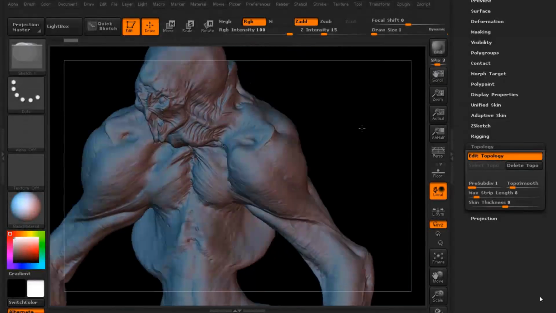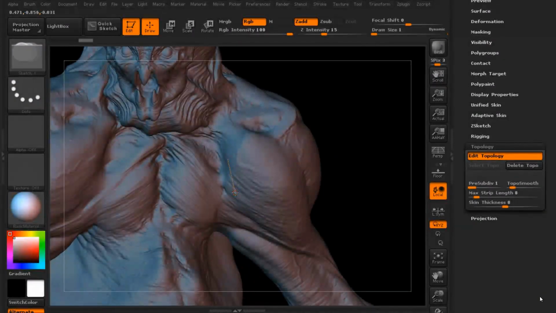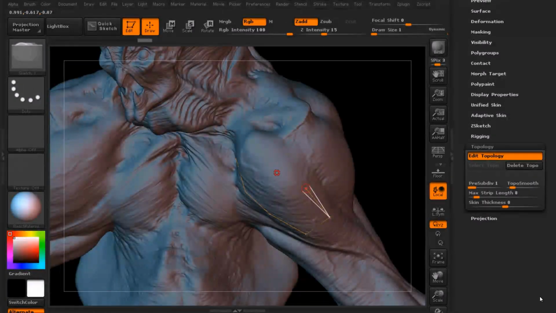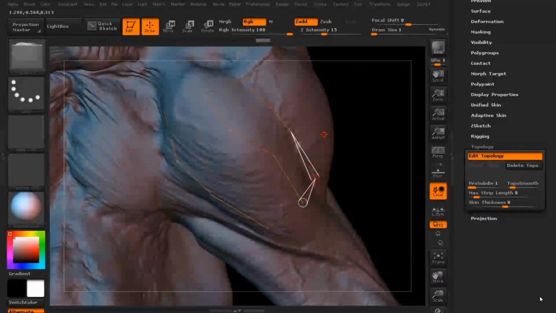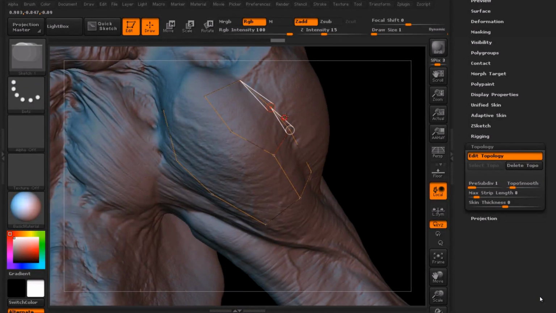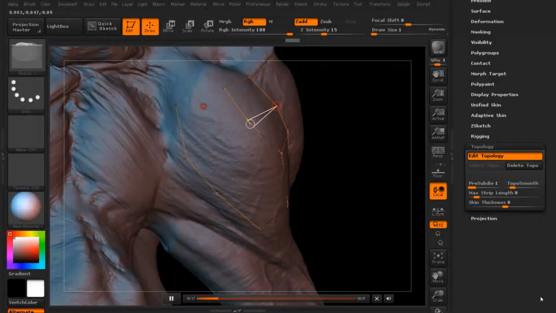Now at this point, what we can do is start to drop in points on our mesh, and you can see that they're actually connected as we click through here. They lie on the surface of our mesh, and we would use these as our new topology. So we could come in and start to connect these up. To click on an existing edge, we would hit Control, click, and then click on the existing edge. To start again, Control, click, and we can start to come in here again, Control, click, start a new line,